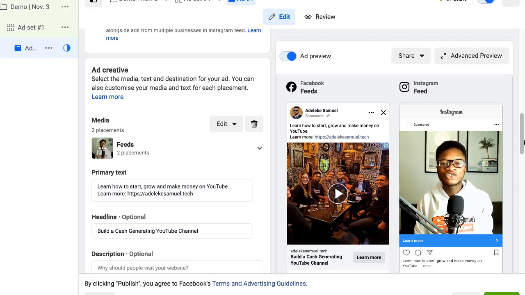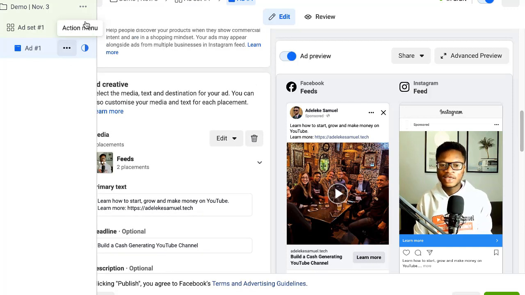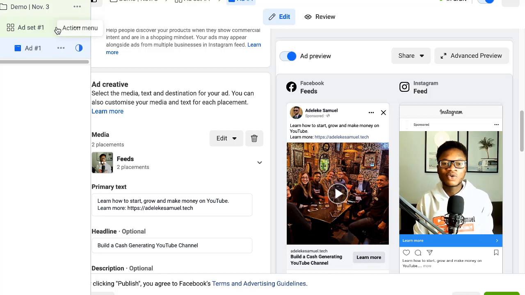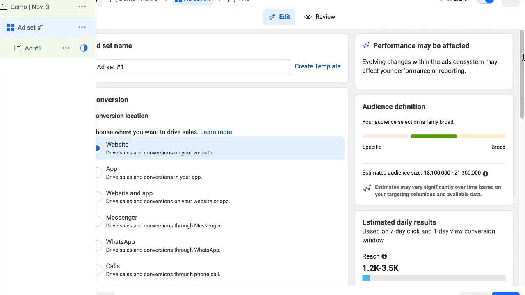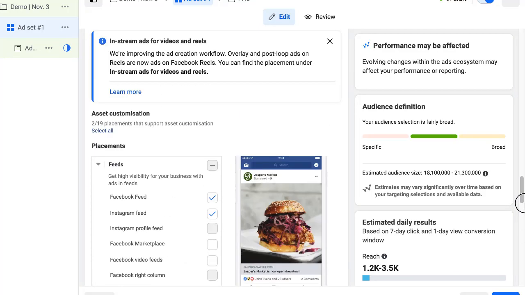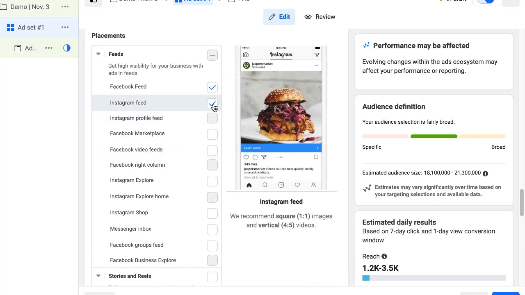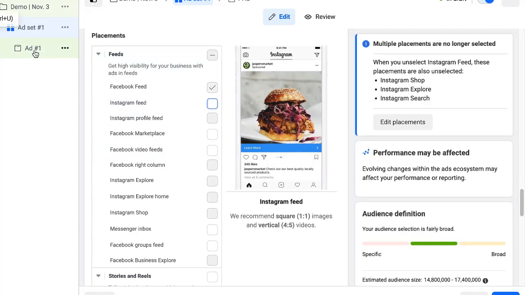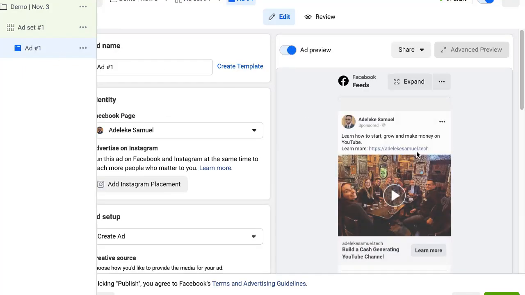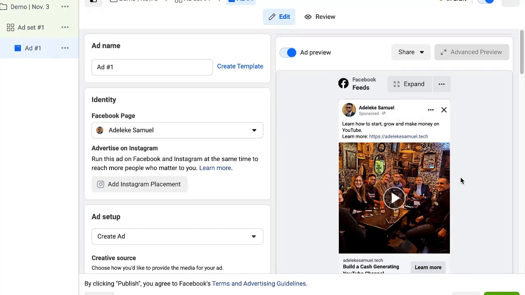So let me see if I change the placement to Facebook feed again. Let me see if the thumbnail will still be there. So I'm trying to experiment live with you guys, and I might just cut this off, not to make the video longer. So let me see. Perfect. So it is there again. Now, once you have done this,